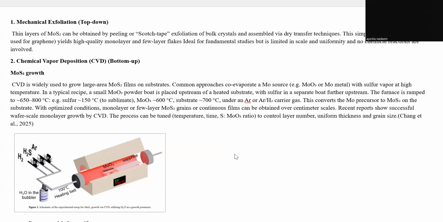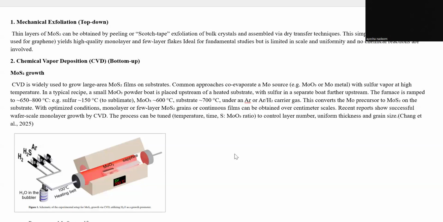Monolayer or few layer molybdenum disulfide grains or continuous films can be obtained over centimeter scales. Recent reports show successful wafer scale monolayer growth by CVD. The process can be tuned by temperature, time, and the sulfur to molybdenum trioxide ratio to control layer number, uniform thickness,